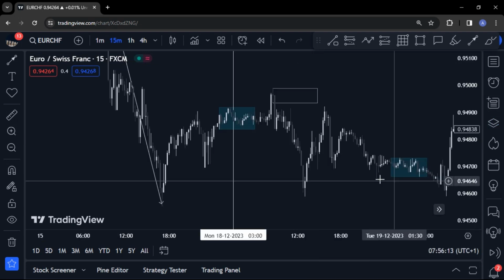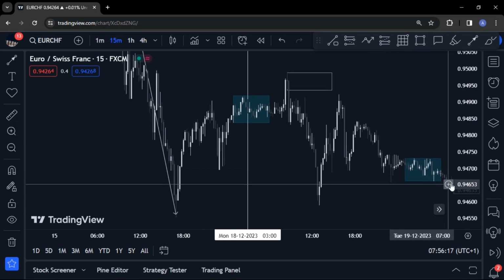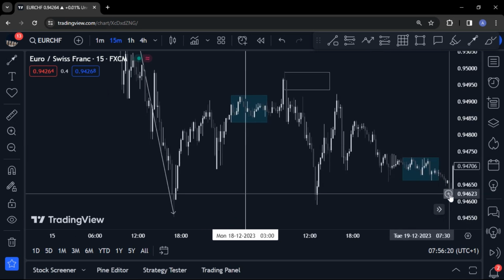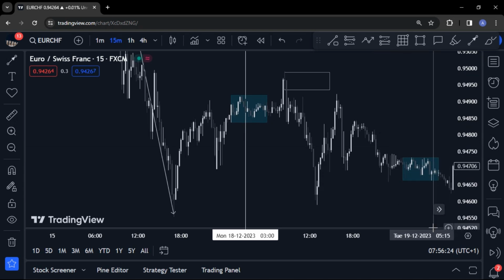And we're expecting price to print a new low. So from what I can see, price dropped, taking out the Asian low. And where is the extreme? On the leg that took out that low, what is the extreme? S&D. And it's very clear